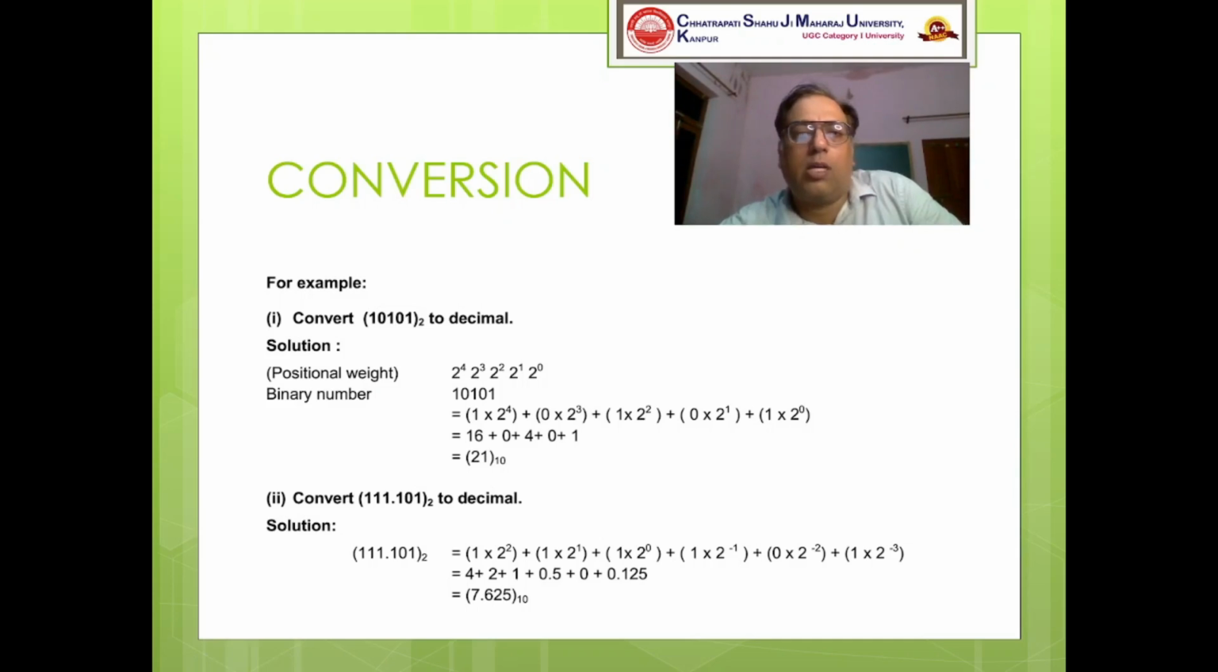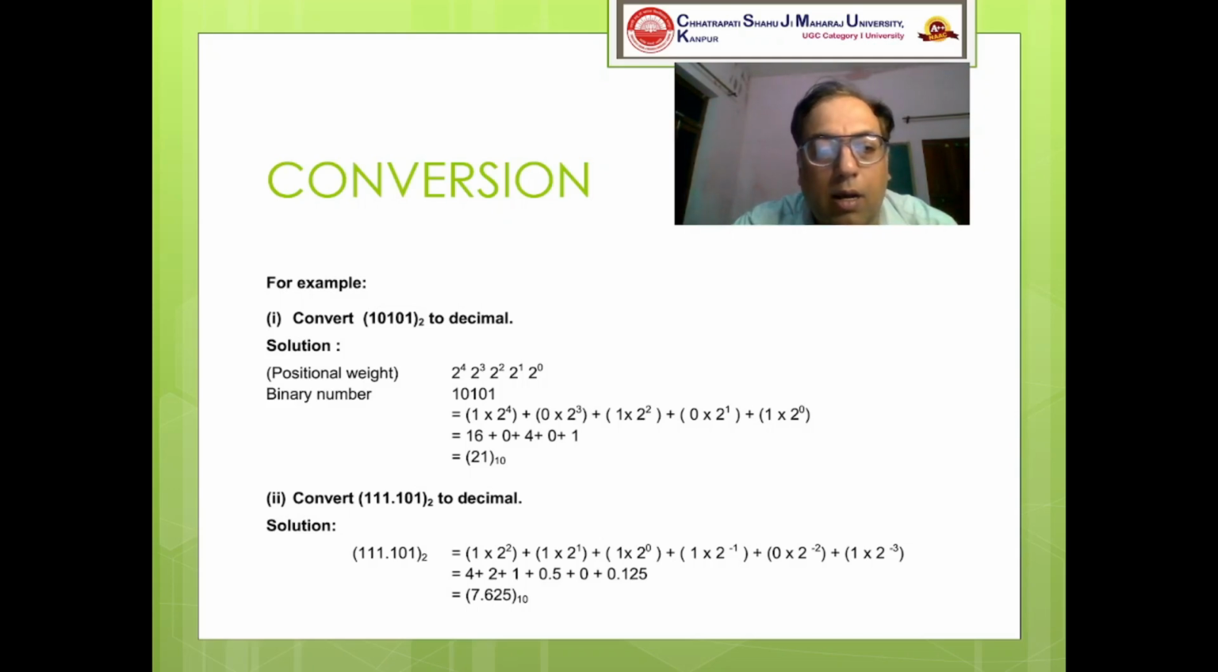Similarly, let us come to the second example. The second example has a fractional part. Here you can see the number is 111.101. Again, taking the positional weights: 1 into 2 to the power of 2 plus 1 into 2 to the power of 1, plus 1 into 2 to the power of 0, plus